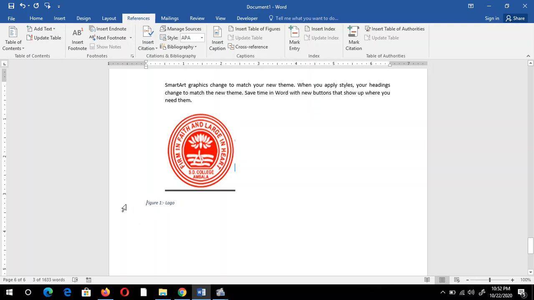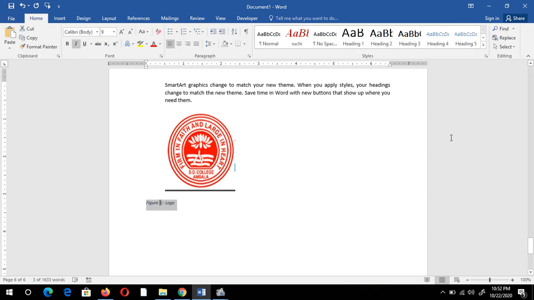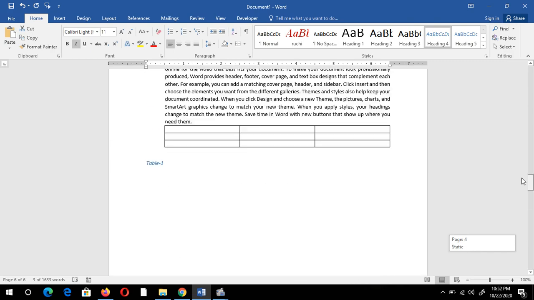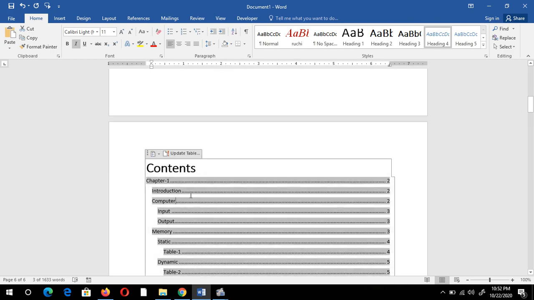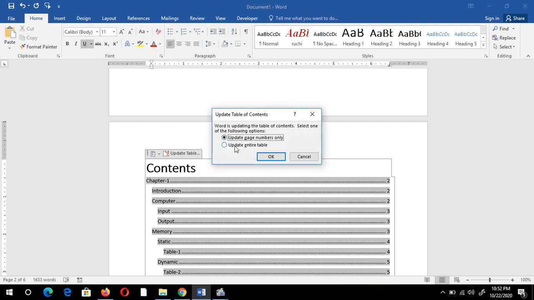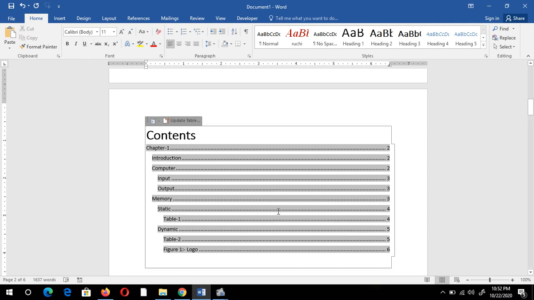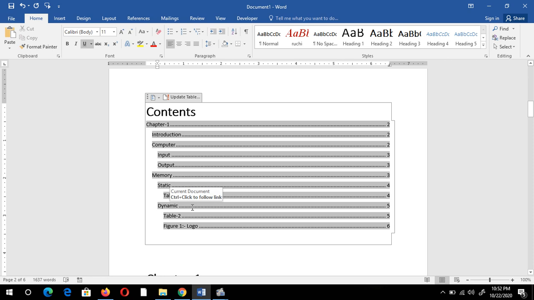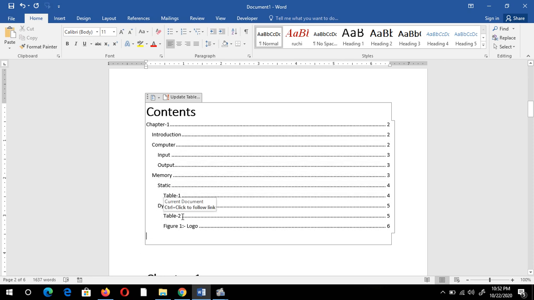After writing the caption under the picture or diagram, you select any heading so that it will be included in my index. I'm going to select heading 4 because I want it to be under my subtopic. And now I have to update my table of contents. Click here and choose the option update entire table of contents. Now you can see under dynamic topic there is the table 2 option and figure 1, that is the logo, on page number 6.